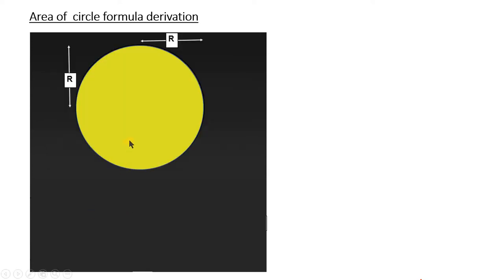So now here we have a yellow colored circle. Its radius is r. It has a fixed point, the center, which is not shown here. r is the radius. As we have studied earlier, its circumference is 2 pi r, means the perimeter, or you can call it the boundary length. It is equal to 2 pi r units. r stands for the measure of the radius of the circle, and pi stands for 22 by 7 or 3.14. So the circumference of the circle is known to us, and using this formula we can calculate it.